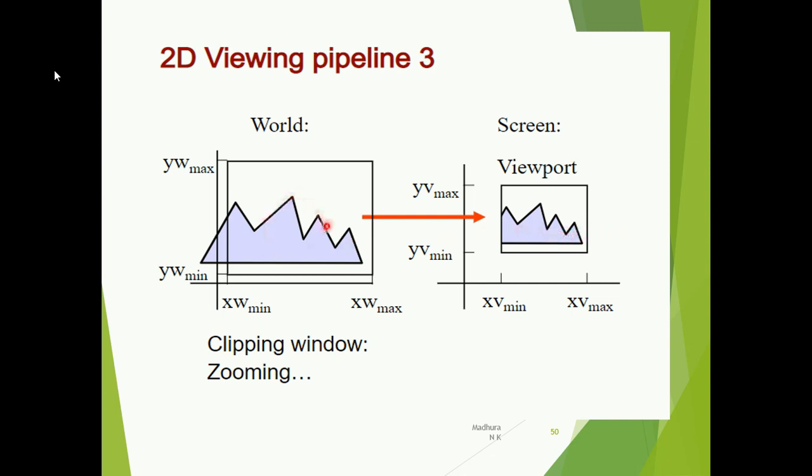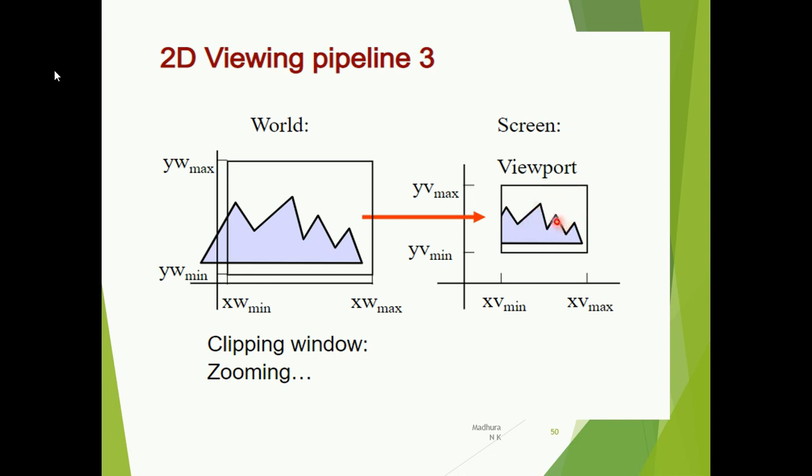The same image you can show in multiple viewports. That means you may have the image in different locations on the screen, in the display window actually. So multiple viewports are also possible.